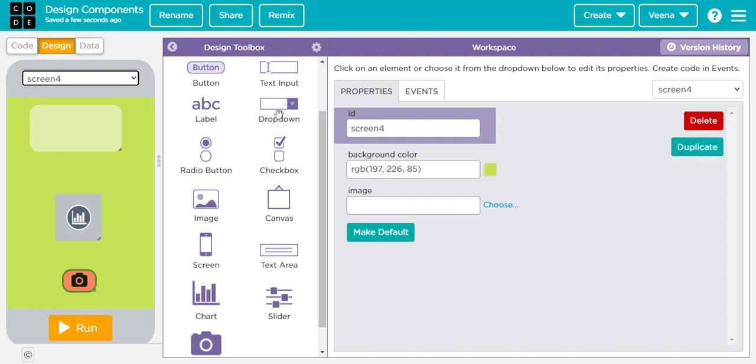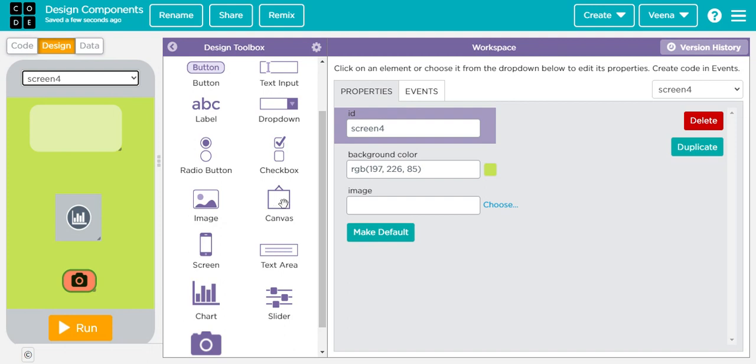Drop down is when you want to give options to your user. Radio button is something when you want to give options to your user, and he has to choose one of it, right? And then checkbox, definitely you're giving options to your user again, but he can choose multiple options from these checkboxes, right? And image to display images on the screen or on the app, you will be